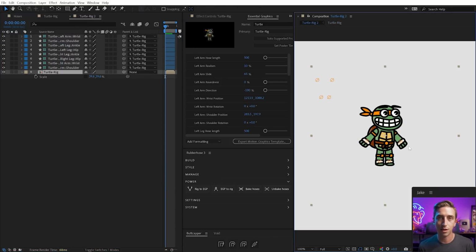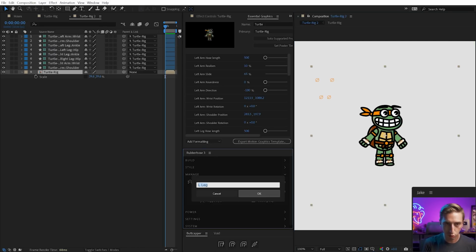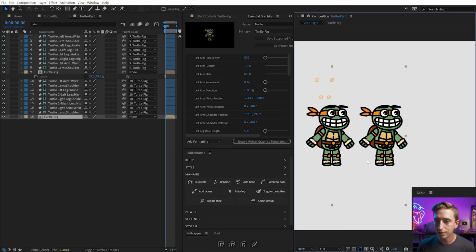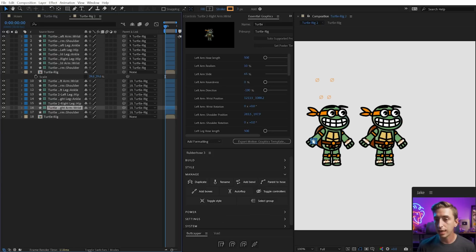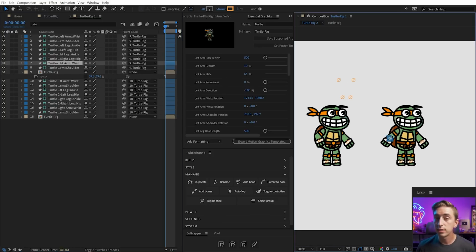make instances of this comp and even use the duplicate feature under the manage section. I can just duplicate this, and I'll call this duplicate turtle 2 and click OK, and that's going to duplicate this comp. I can now have 2 instances of the same character rig in the same nested comp with totally independent controls, allowing me to have a singular rig that I can then modify and use in several different ways